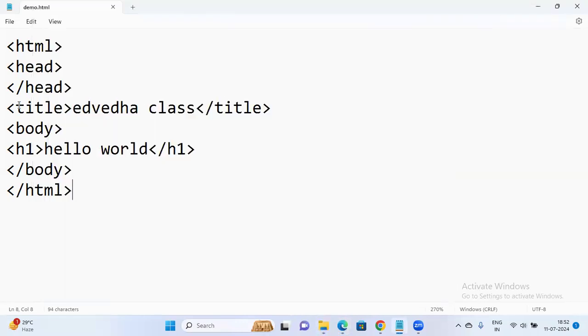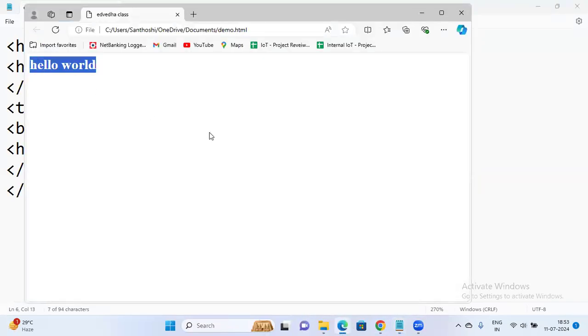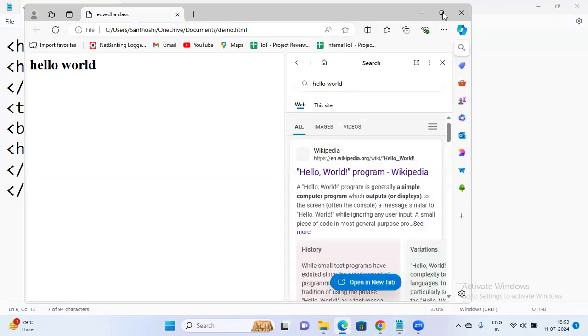See my coding: in the title I have given Advaita class, so this file is also giving Advaita class. So this is the title, and whatever you write in the body, like hello world, should be in the place of body. So this is completely body. Whatever details you write here in the body will be represented here. So that is all about the first program in HTML.